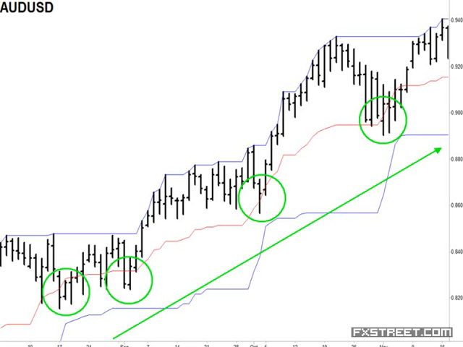Remember, we don't want to buy breakouts within the trend because many times they're called fake out breakouts. And we'll go up a little bit and then head straight down. What we want to do is wait for the price to sell off or pull back while all these three Donchian channels are still headed higher. You see, they're still going in an upward direction, and then wait for it to get in the buy zone.